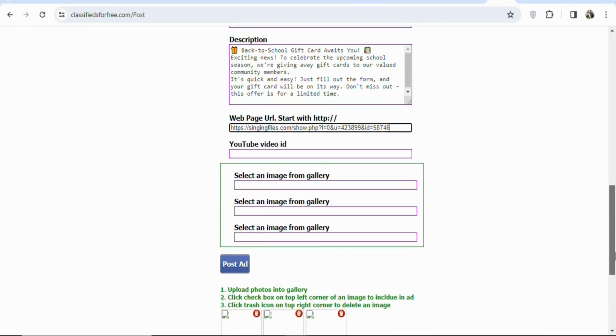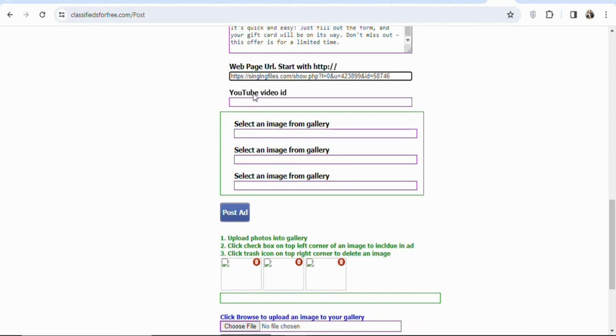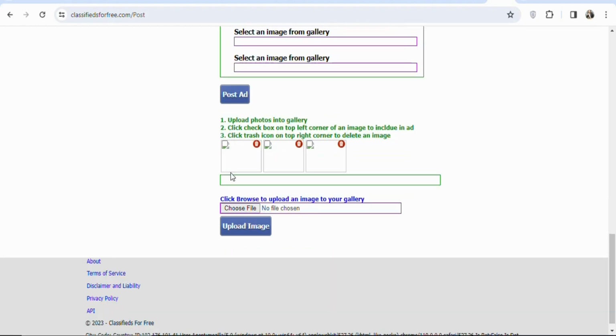Once you paste your affiliate link, you're going to scroll down. You can see YouTube video ID. You don't have one, so just leave it. You can see select an image from gallery. You don't have that, just leave it. Just leave all of this. Once that is done, the next step is that you are going to upload images of the offer that you are promoting. So you are going to click right here, choose files, so that we can upload an image of